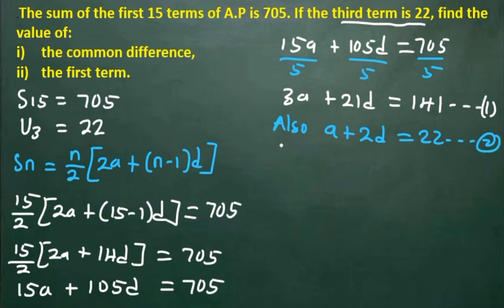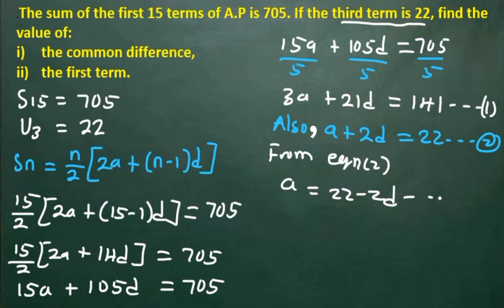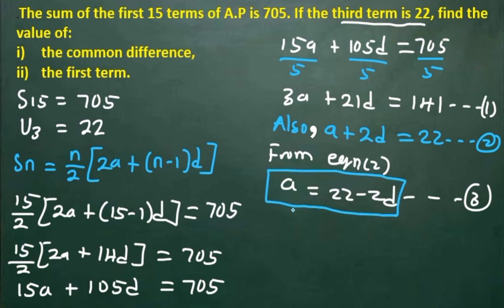Now from equation 2, I'm going to make a the subject, so a equals 22 minus 2d. Okay, so this will give us equation 3. I'm going to box this equation